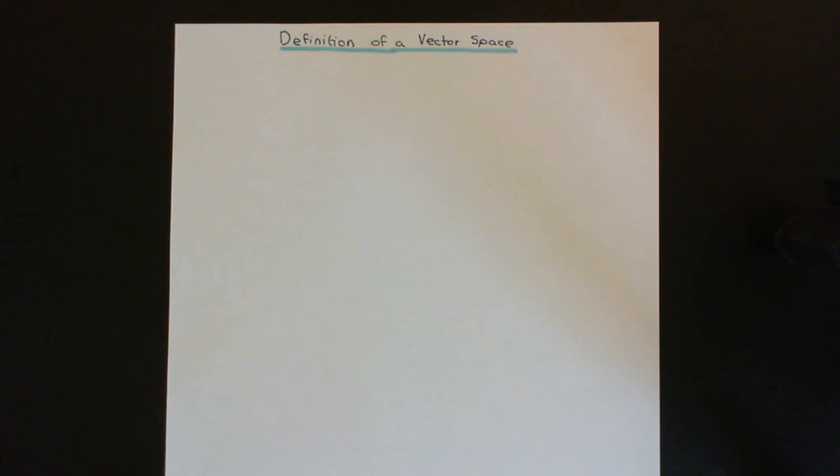So a vector space is going to be another type of number system. We've seen that a group is a type of number system that obeys a bunch of axioms. We've seen that a field is a type of number system which obeys a bunch of axioms. Now what we're about to see is that a vector space is also a number system, a type of number system that obeys a bunch of axioms. Okay, so that's what we're doing.